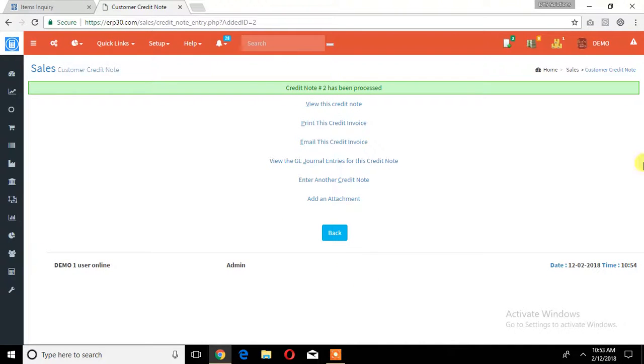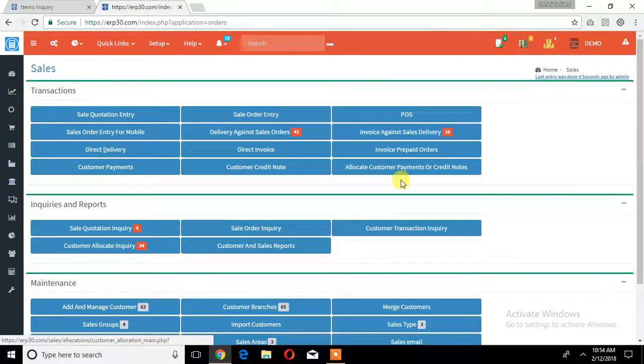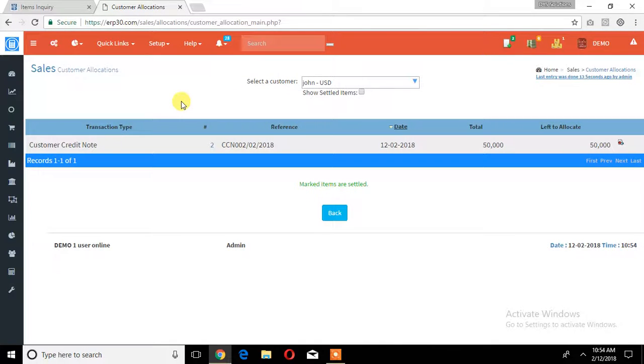Once this credit note has been entered, the next step is to allocate this credit note. Go on the sales module and in the allocate customer payments or credit note section, here as we can see, the customer credit note is being displayed against the customer John. Click on the allocate icon on the extreme right hand side of the screen